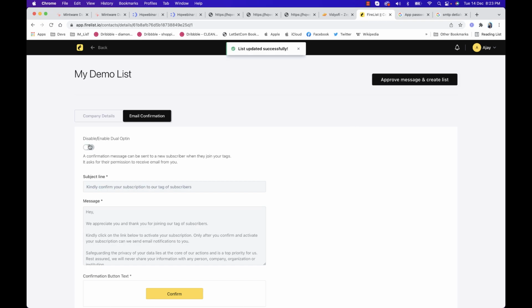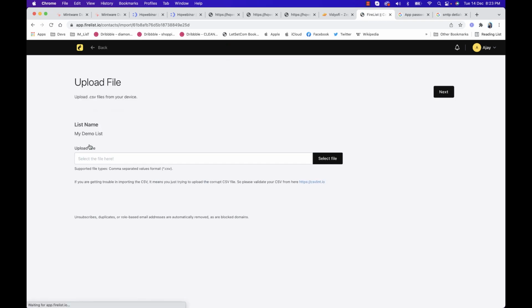With double opt-in, if somebody subscribes to your list, they will receive an email asking if they want to subscribe. When they click on the confirm button, it lets Google or other email service providers know that this person is interested in getting emails. So whenever you send email, it will land in the inbox only. That is why double opt-in is important, and a must-have.